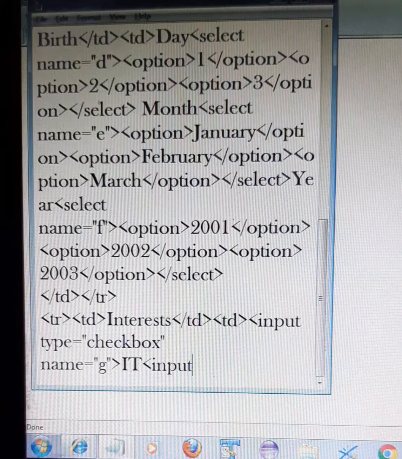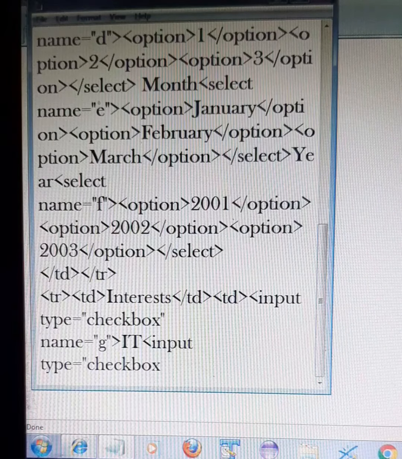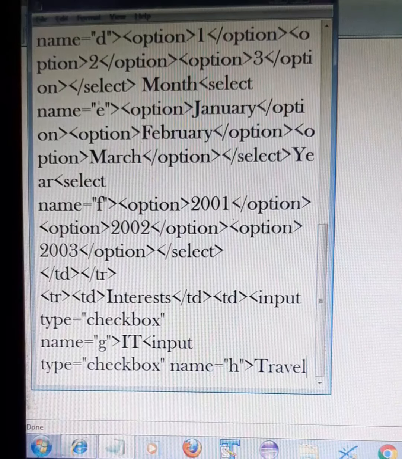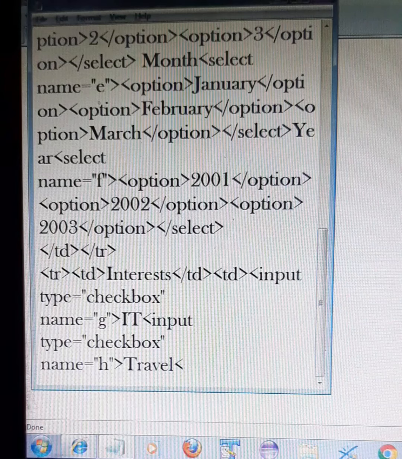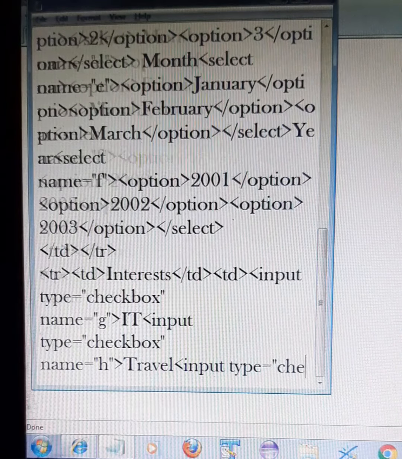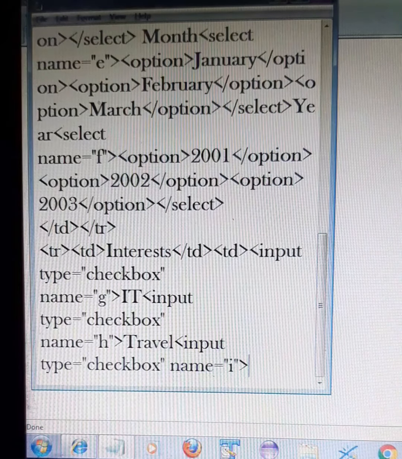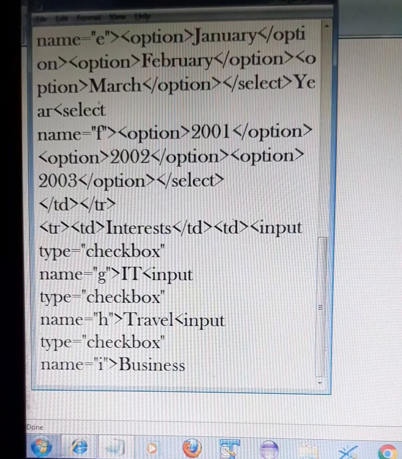Then again input type is equal to checkbox, name is equal to H, and here travel. Then again input type is equal to checkbox, name is equal to I, and here I am writing business. Now I am closing the TD and TR.